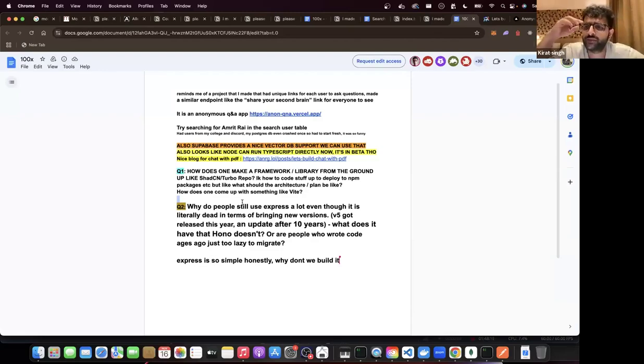Hono is also not too many lines of code. They just got rid of the things that are native to Node.js, so that it works on various runtimes. So that probably is easier. Start small. Create a simple HTTP server library. Make it popular. Then build more on top. But to still express, yeah, you're right. It is a subset of Hono. Hono does a lot of things that these guys don't. So yes, it should be adopted.